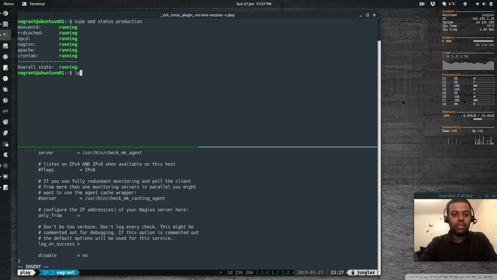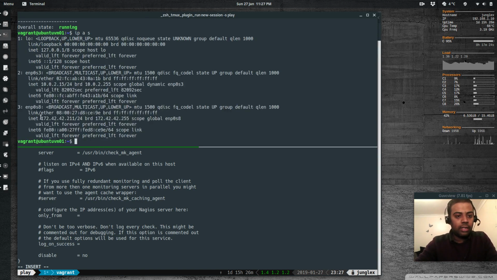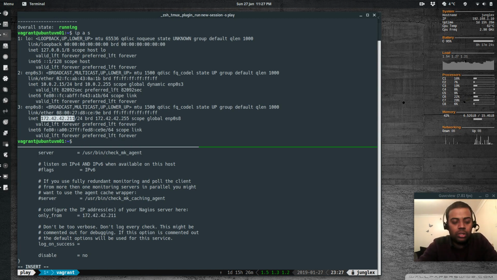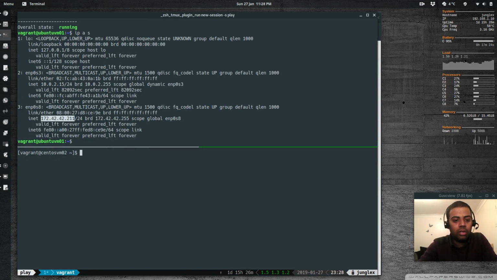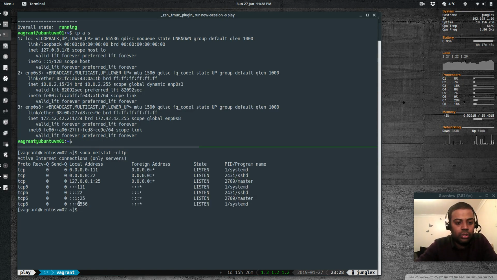So our checkmk server has the IP address 172.42.42.211. I'm going to copy that and paste it here. So it's going to respond to requests only from our checkmk server. Okay, and sudo systemctl restart xinetd. That's done. And sudo netstat -nlcp, it's listening on port 6556, so we need to enable that port in our